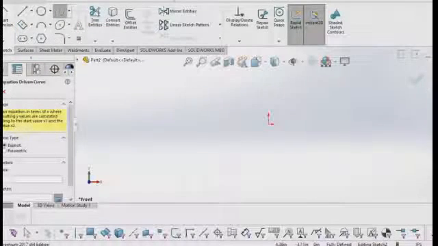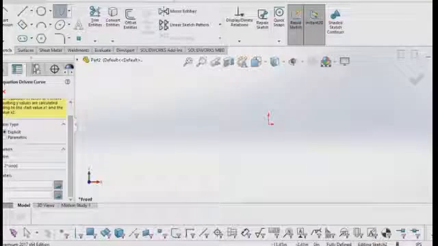Equation driven curve, explicit. We should give parametric functions or any trigonometric functions to develop a particular curve, which we have seen mostly in electronics subjects, like the sine wave and cos wave equations.